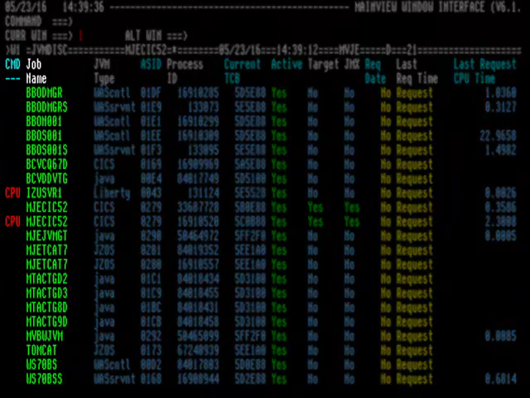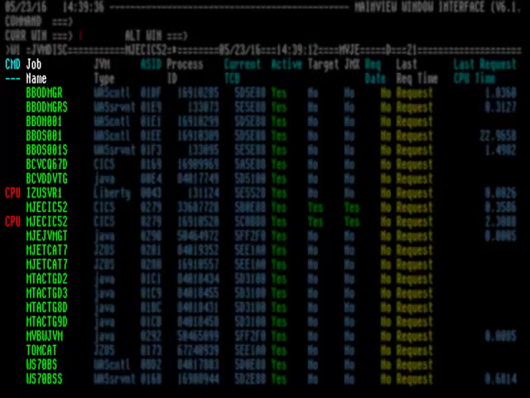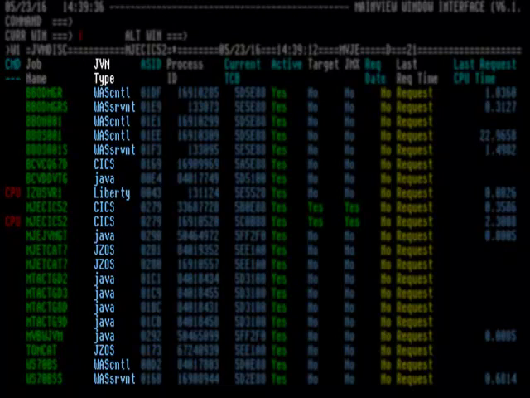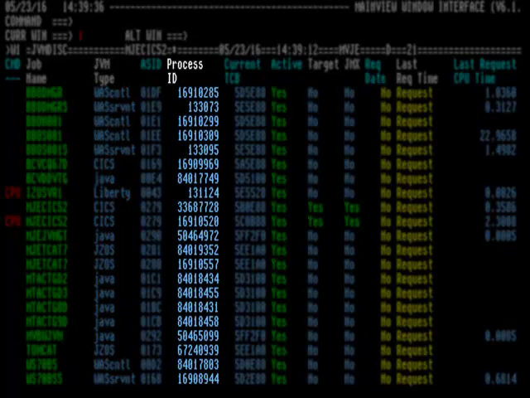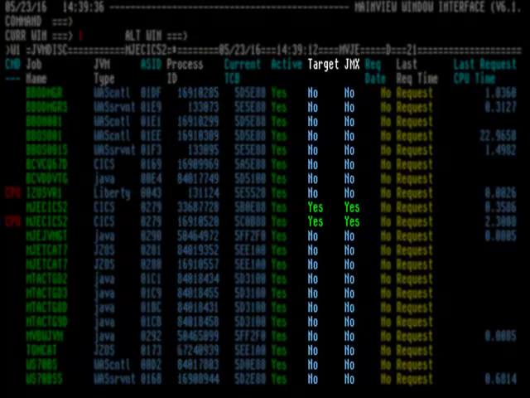The job name hyperlink takes you to the EasyJE menu for that target. The JVM type hyperlink takes you to a view in the appropriate MainView monitor. The process ID hyperlink takes you to the USS Easy menu for the process. The target and JMX columns indicate whether a process is a target or whether the JMX port has been verified